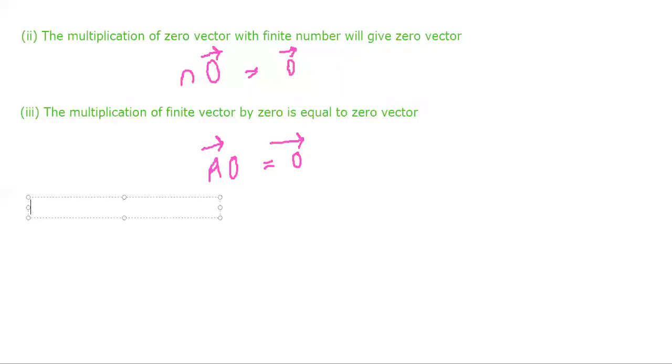So the next topic is equality of vectors, or you can say equal vectors. You can write the next heading, equality of vectors. See, in the last video, I told you how you can represent a vector by an arrow. So how do we represent a vector? If I say there's a vector, you can represent a vector like this. This is your A vector.